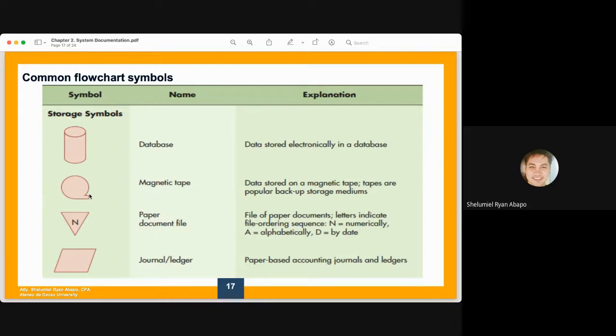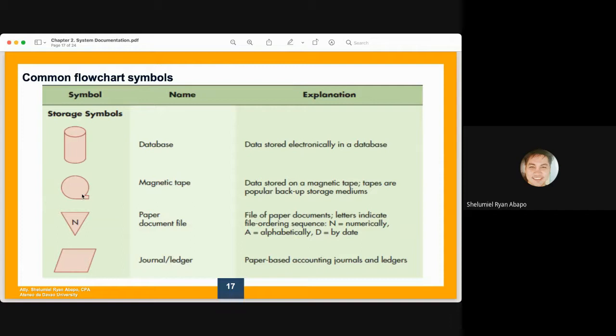And the different columns will be the different parts of that document. That's basically a database. Then you also have the magnetic tape, and then the inverted triangle with an N, which is a paper document file. For ordering sequence, we'll have to identify if it's N, numerical, A, alphabetical filing, or D, if it is sorted by date. And of course, the italic square or rectangle will be the journal or ledger, which is the paper-based accounting